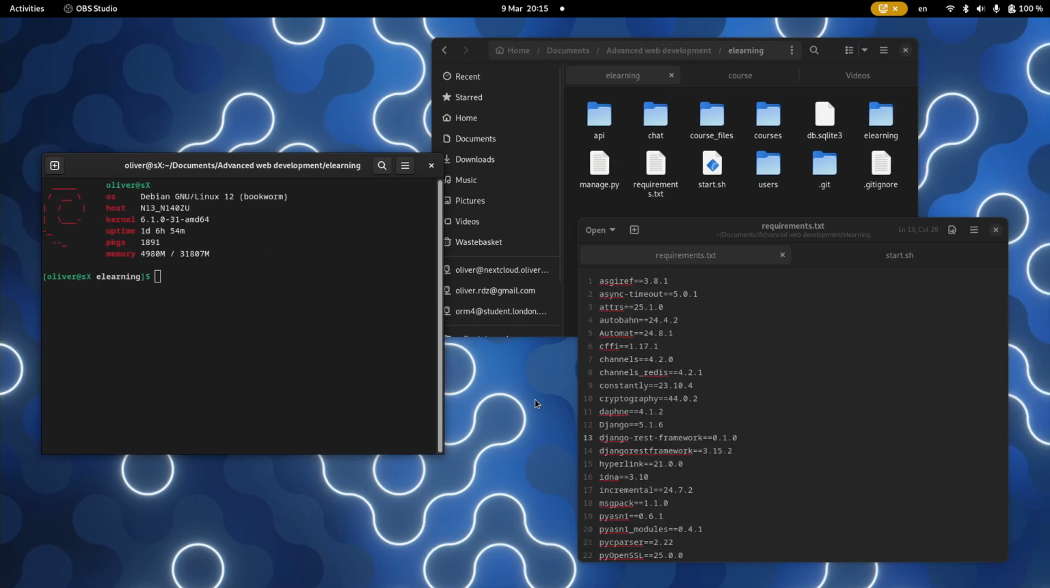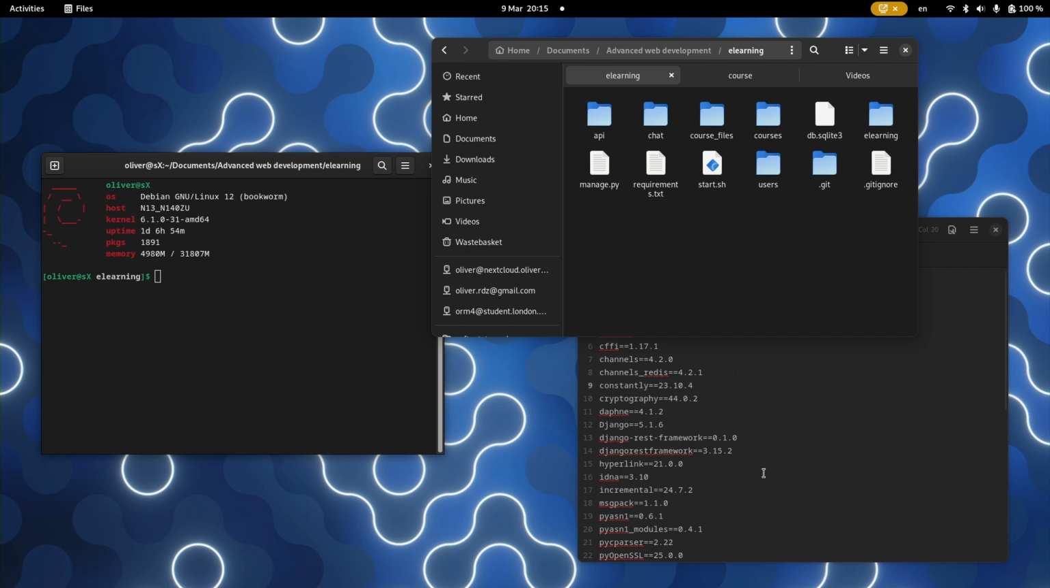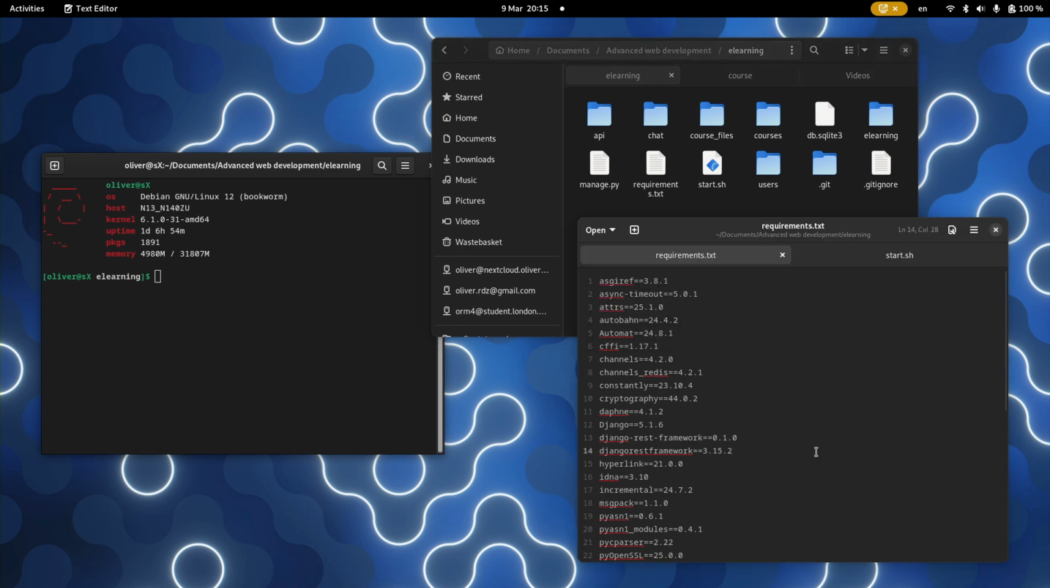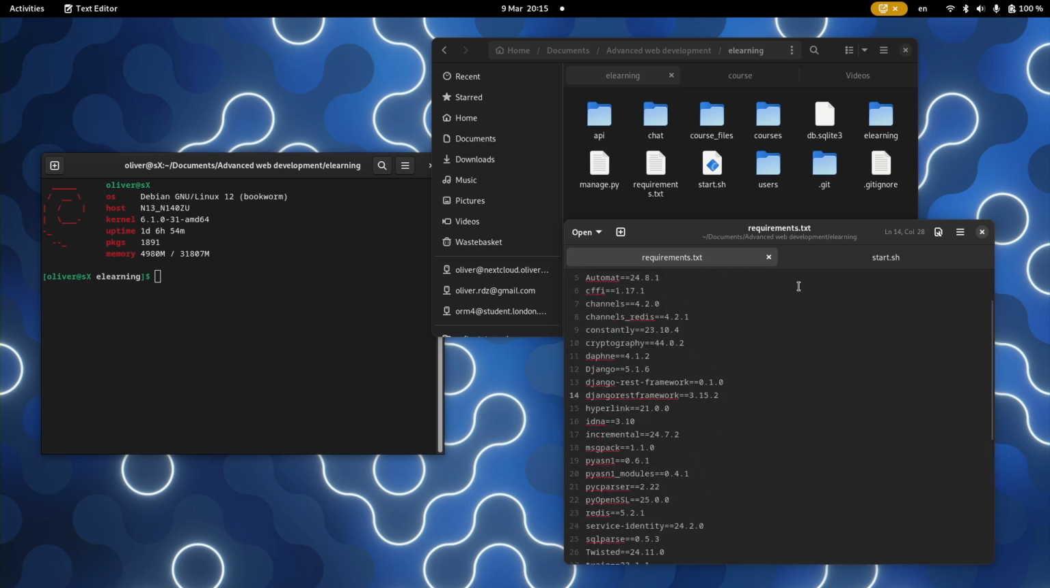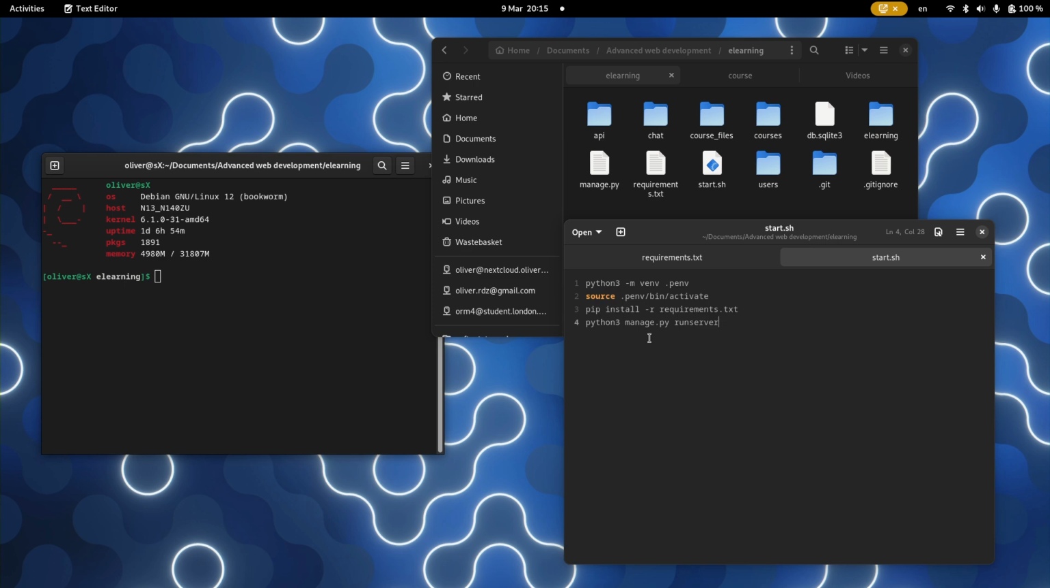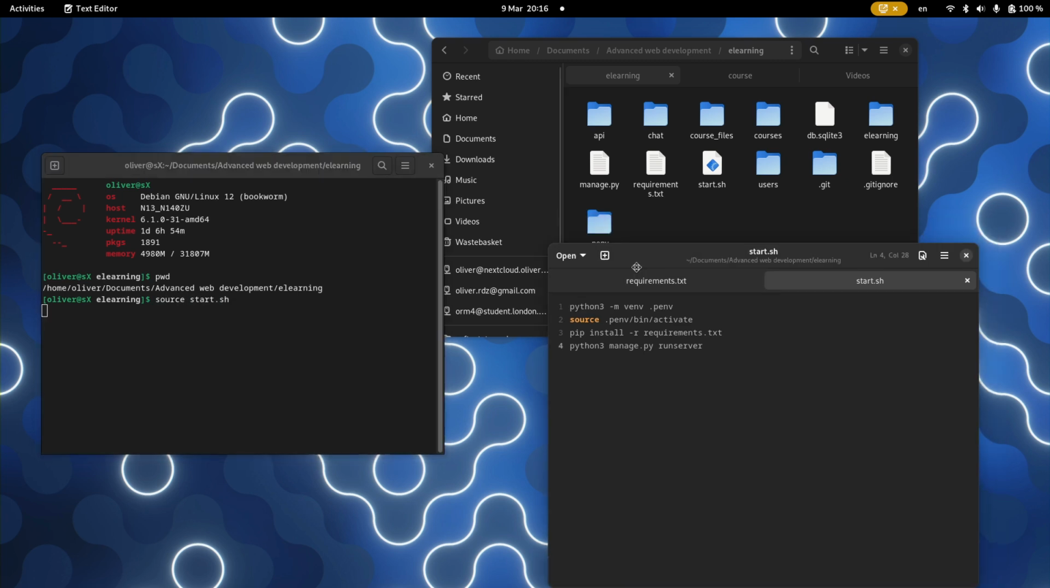Starting the application. So first, here is the folder with all the web application Python scripts. This is the requirements file. So I wrote a short shell script to automate the process. So all I have to do is, first, let's say that we're in the actual correct path, which we are. I can just do source start.sh, and then this creates the environment